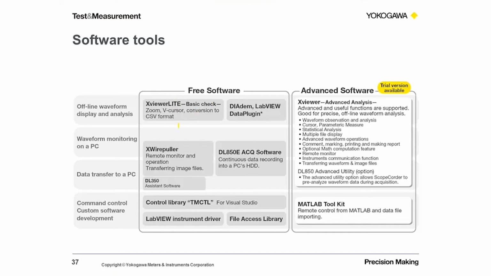Essentially it mirrors the functionality that you see within the ScopeCorder itself. So we are able to use the standard cursors and parameter measurement capability, the statistical analysis, and we can also do mathematical functionality in FFT, not only in the ScopeCorder itself, but also within the software tool. We also have a very basic version of that called the XViewer Lite, which just essentially allows you to do zooming, do simple cursor measurements and convert the data to CSV formats within the software tool,